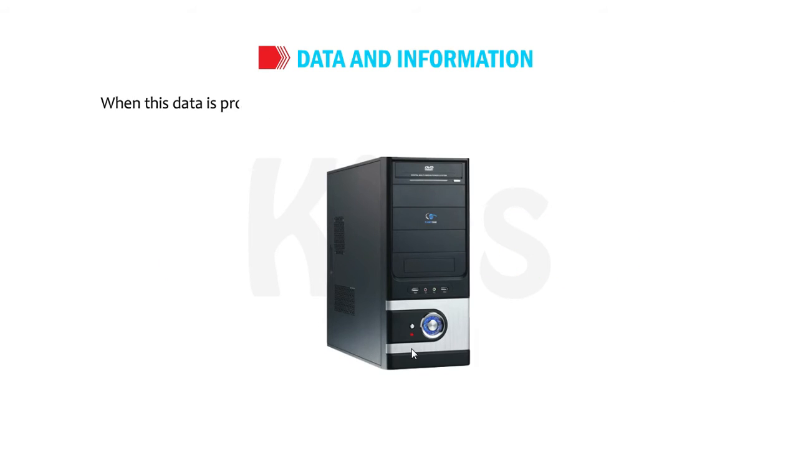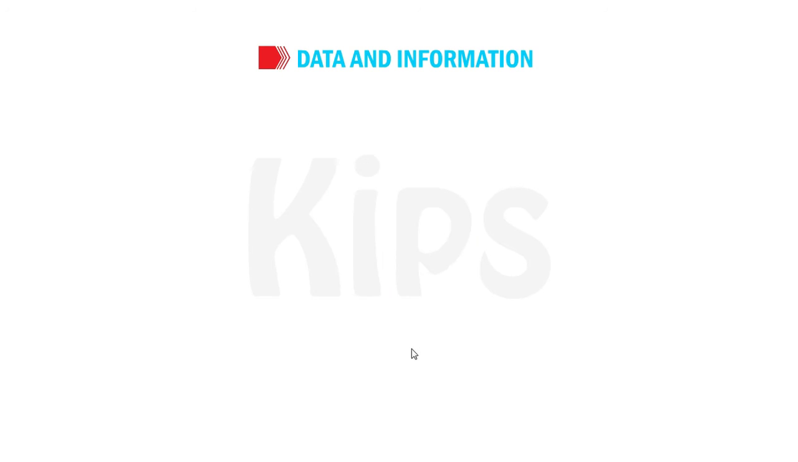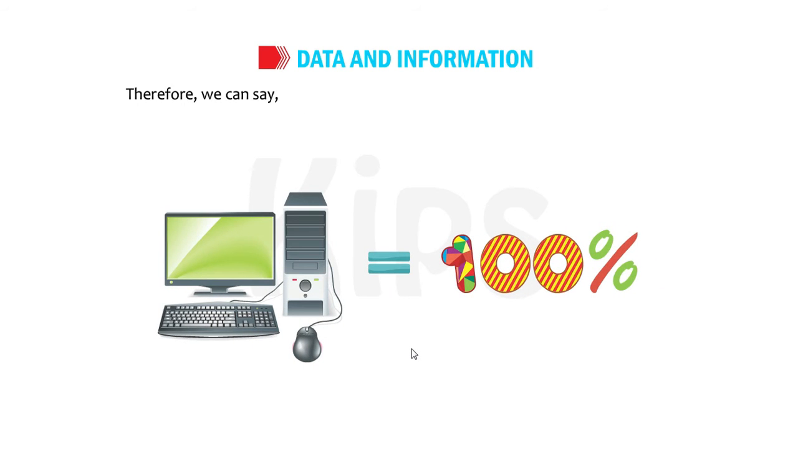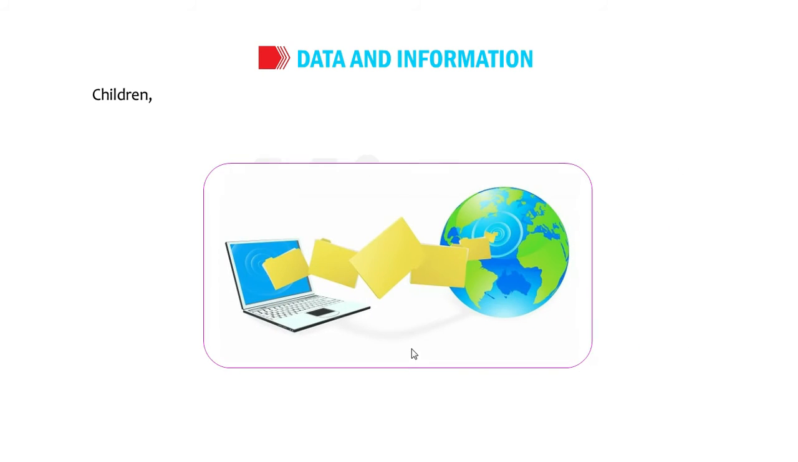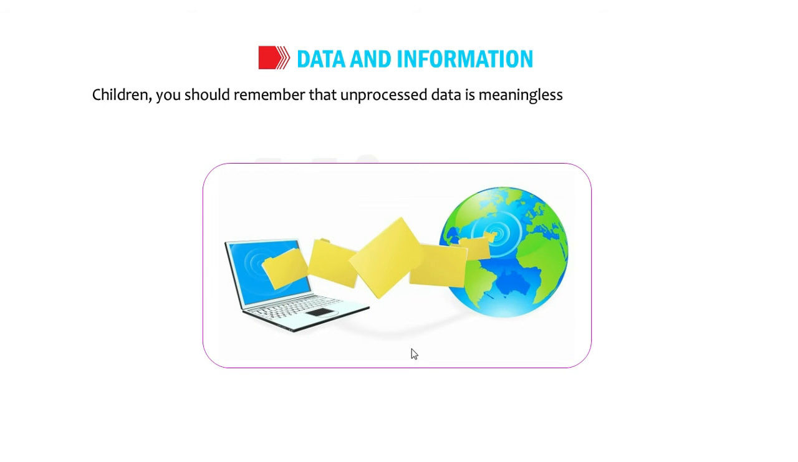When this data is processed by the processing unit, that is CPU, it is known as information. Therefore, we can say data is unorganized facts and figures, and processed data is known as information. Children, you should remember that unprocessed data is meaningless, but when such data is organized and converted into meaningful information,